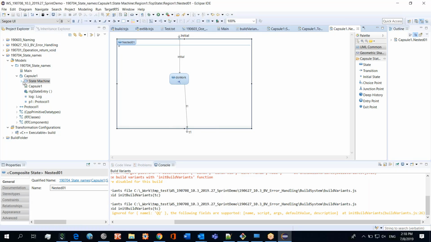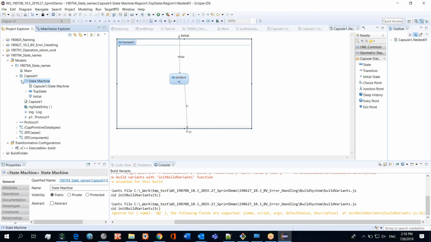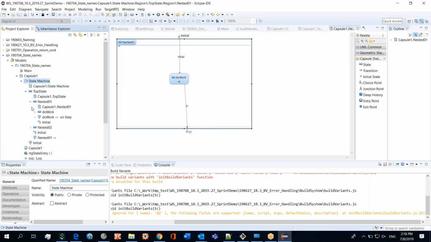Nested 1 has this do work, and nested 2 has a state with the same name. This can be a common situation, and in that case, when a developer needs to dump state names,